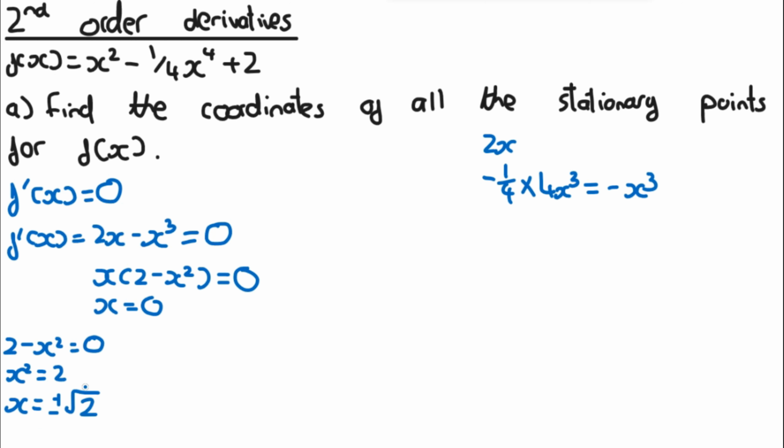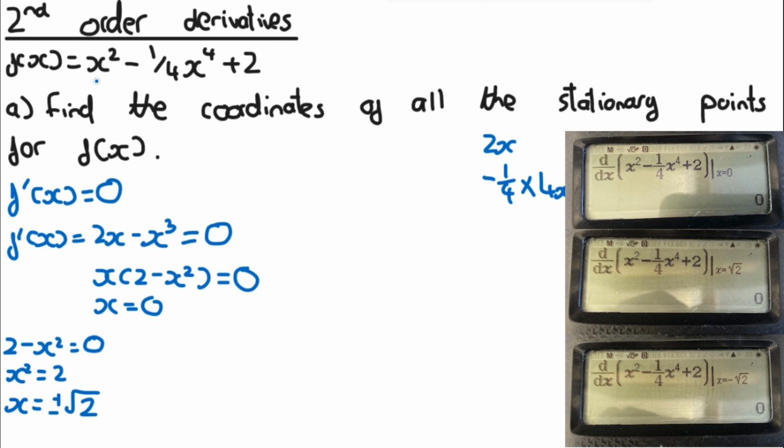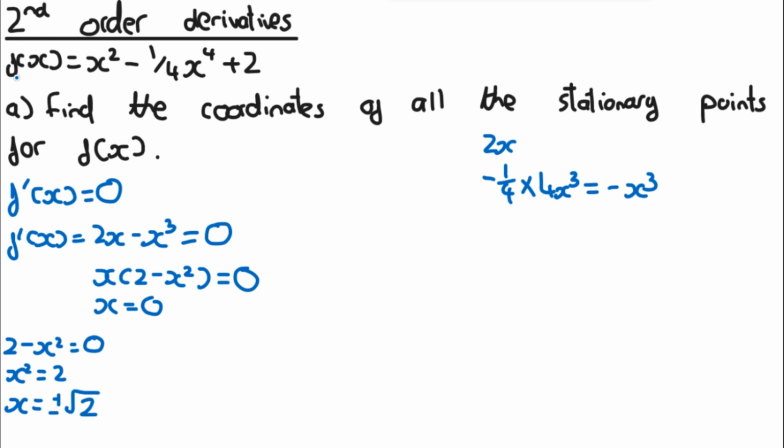Now you can check this again using your calculator by using the d over dx function and putting this function in, and then you can put 0, plus root 2 and minus root 2 in, and this should give out 0. And that's a really good way to check if you've got the right answer. And we can find the coordinates from here easily by just subbing in these values into the equation to find